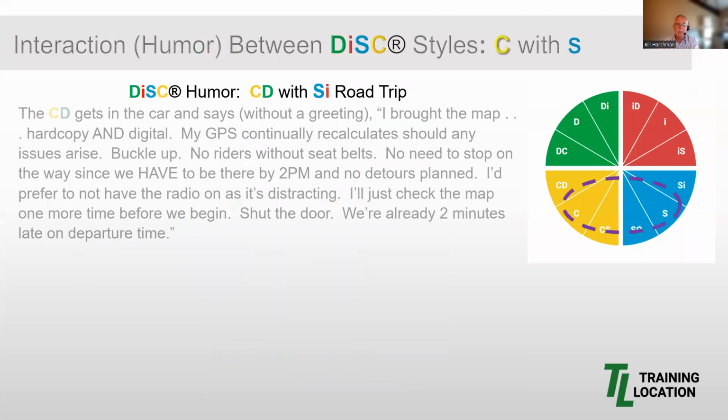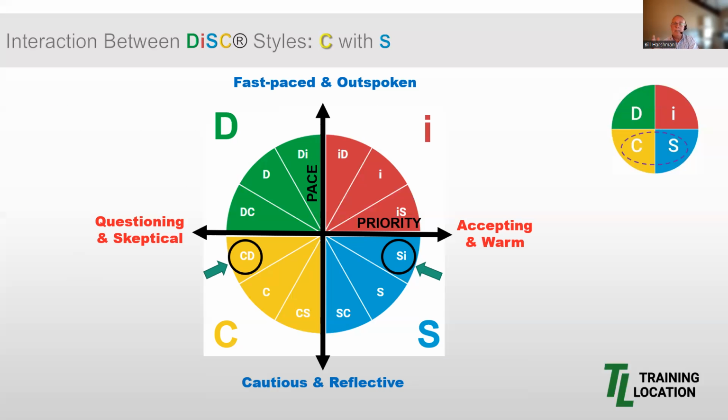Now, going back to what we learned, we can understand the need for stretching when the CD style, having a do it right motto, meets up with an SI style, having a let's do it together. You can understand there's implications here for peer-to-peer or manager to non-manager or team manager to team. Or what about company employee to customer?